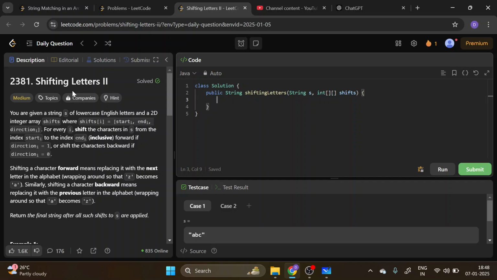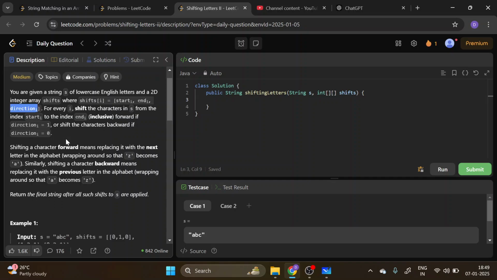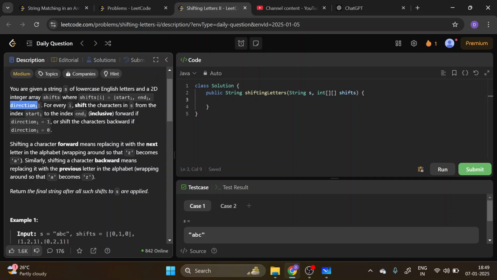Today we are going to solve another problem, shifting letters second. Basically, in the question we are given a string of lowercase English letters and a 2D integer array shifts, where shifts[i] has start i, end i and direction i. So start, end and direction. So basically he is saying here